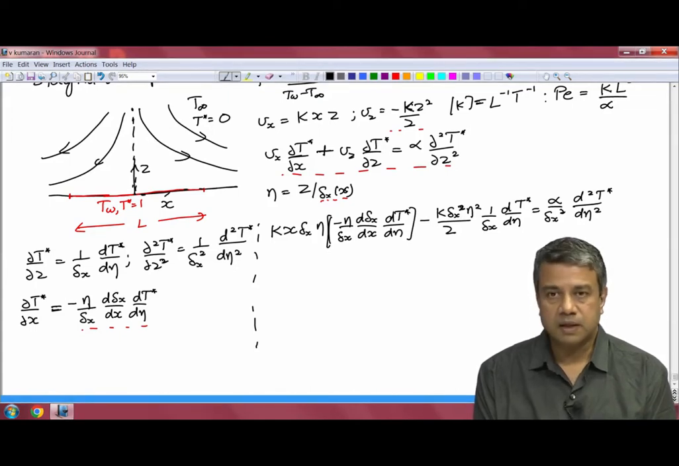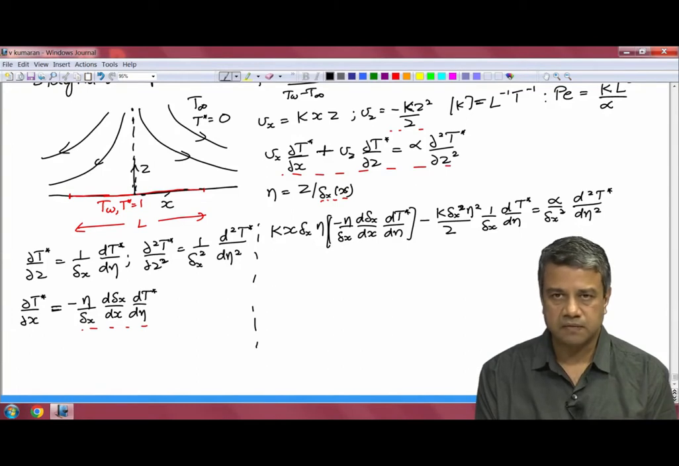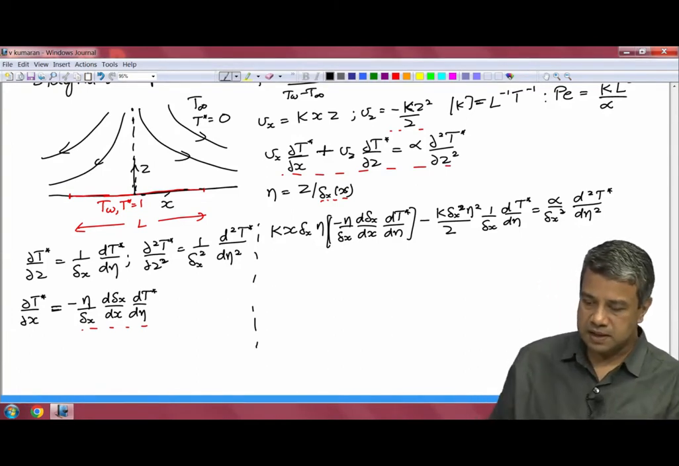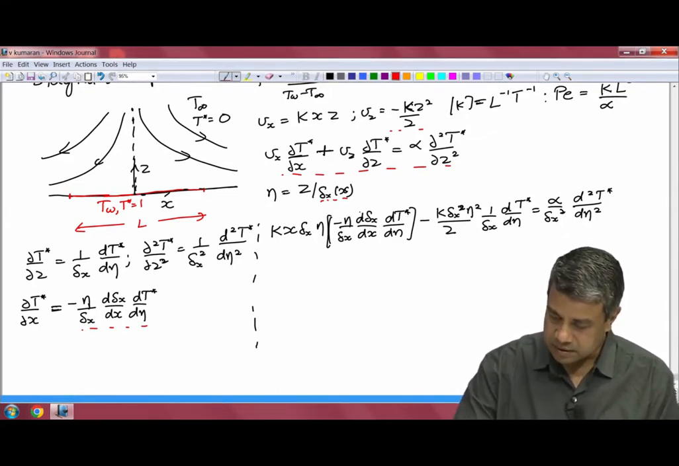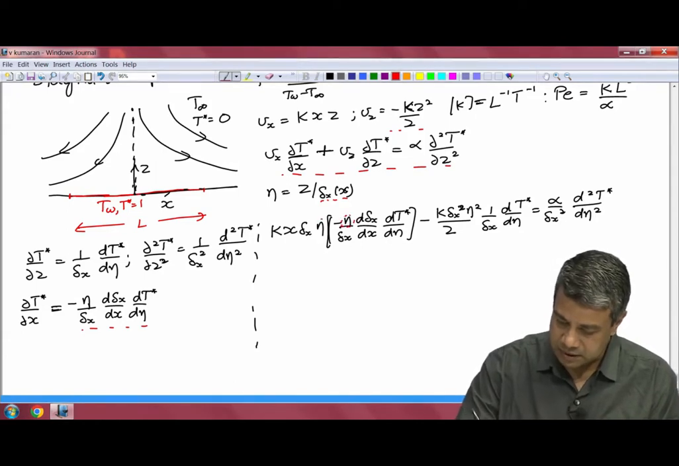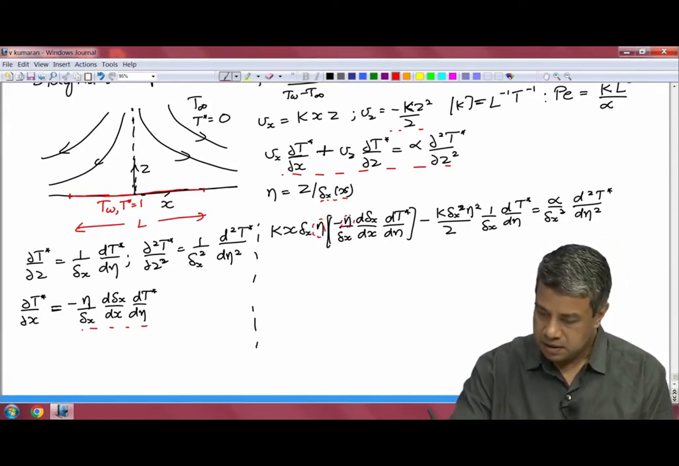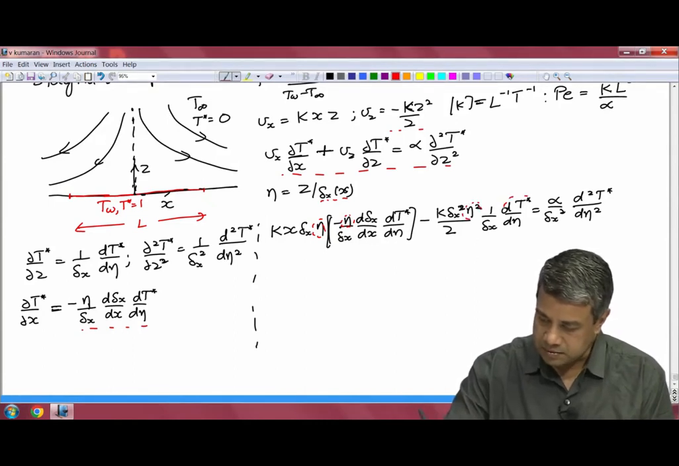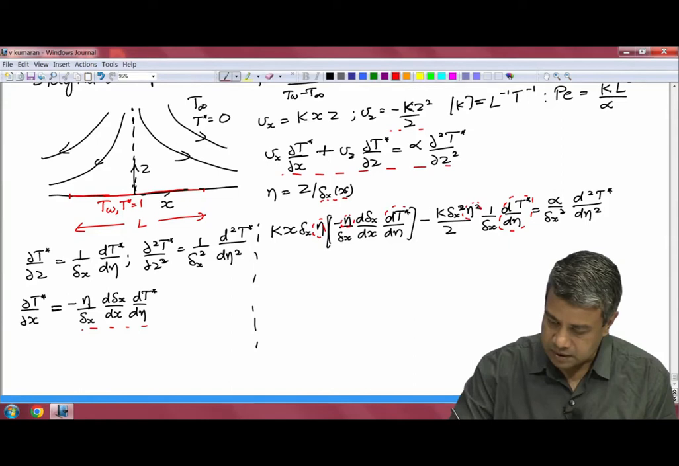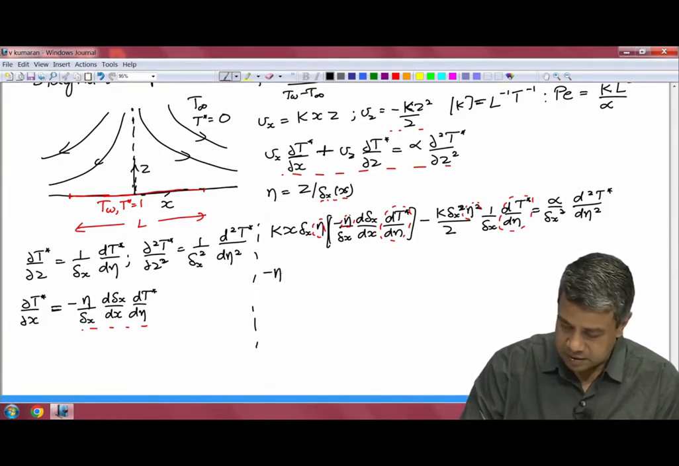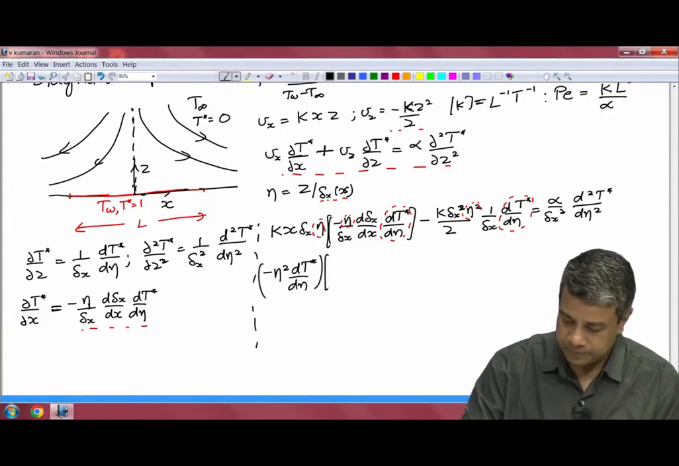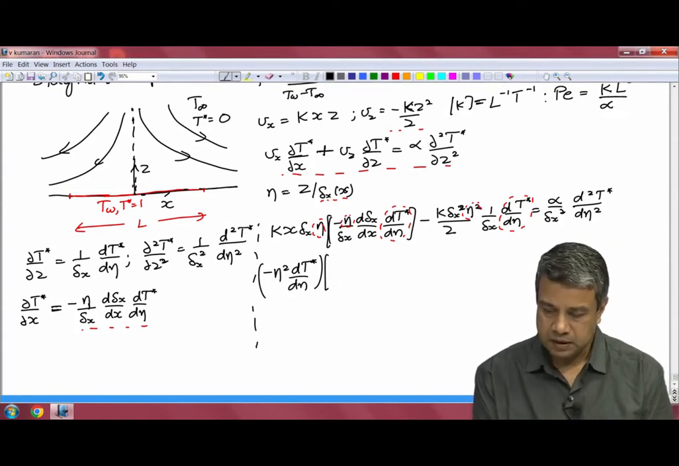And now, I can multiply throughout by delta x square by alpha, so that the coefficient of the term on the right side becomes 1. Note that both of the terms on the left side are proportional to eta square times dt by d eta with a negative sign. So, I can take this out as a common factor, minus eta square dt by d eta, into